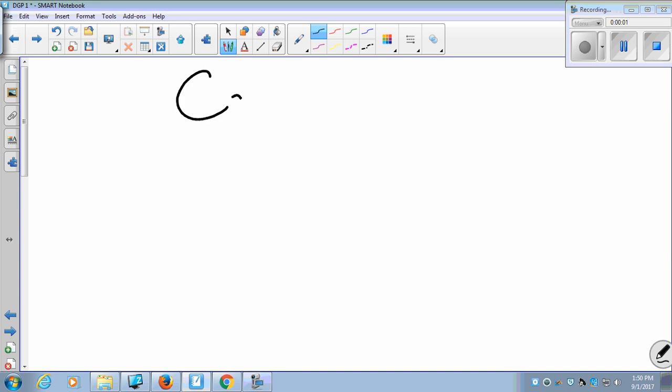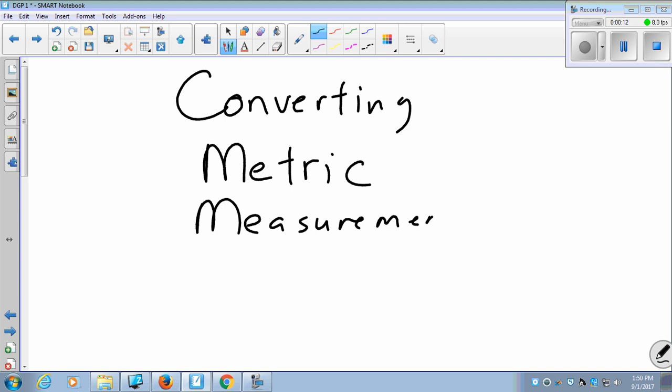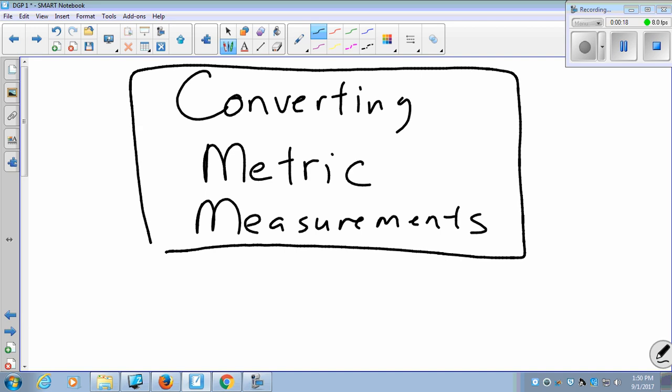We're going to talk about converting metric measurements. Whenever we are thinking about converting metric measurements, what I want you to do is remember a very quick phrase